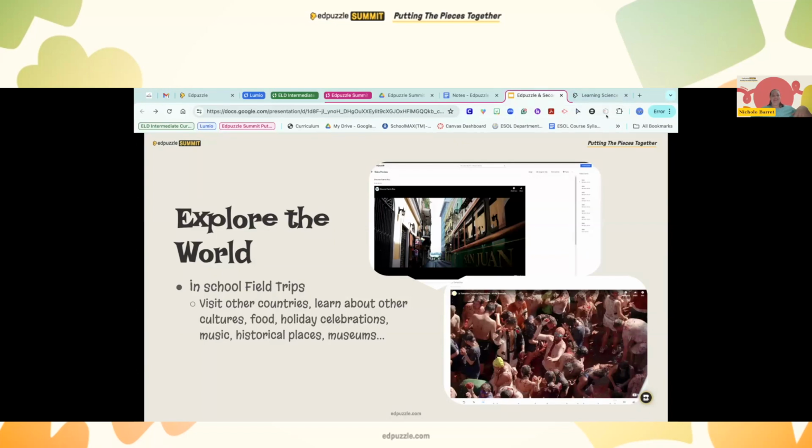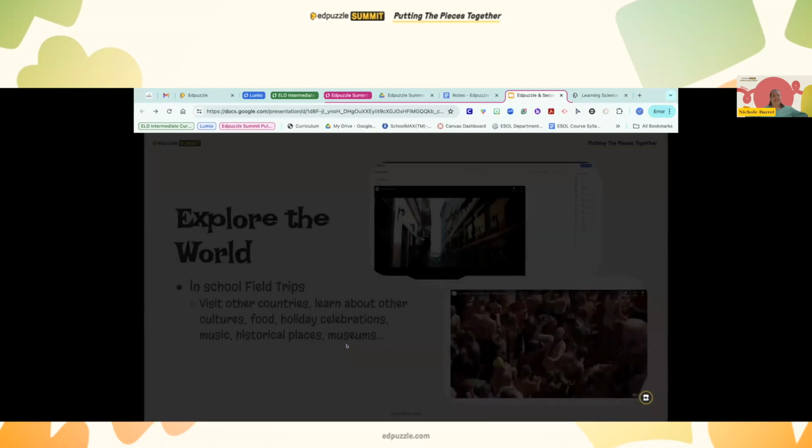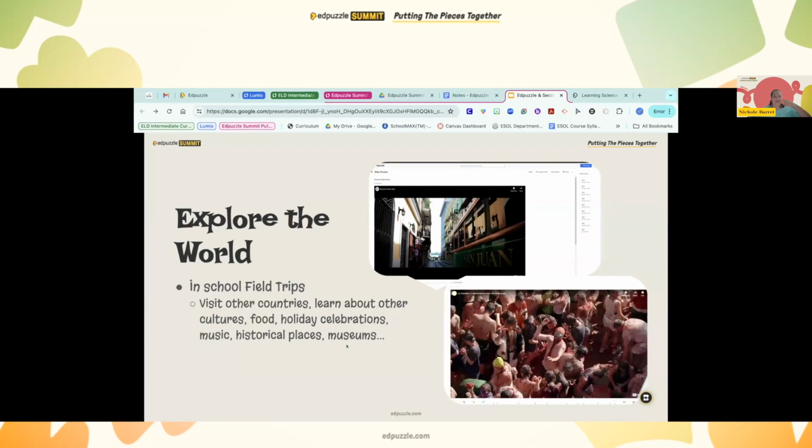And then the bottom one here is La Tomatina in Spain. If you know anything about that, it's a great big tomato fight that happens every year. The kids absolutely loved this one because they actually saw tomatoes flying right by the camera. The neat thing about this is I can actually break it down. Somebody had asked in the chat about using it with small groups. I use it with small groups in my class. I just have these kids log into the Edpuzzle at that time. Everybody, you wait, and then I can adjust for our proficiency wise. I can adjust for how slow you need it to go. Whatever I need to do for that group, I can do that.